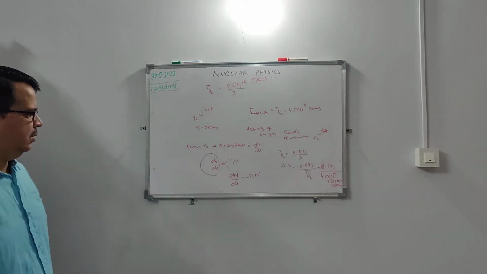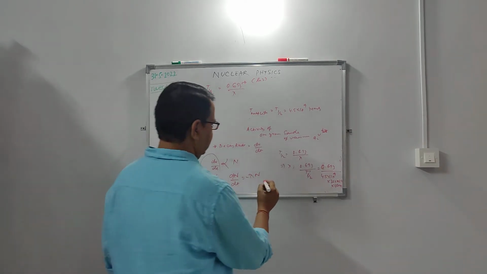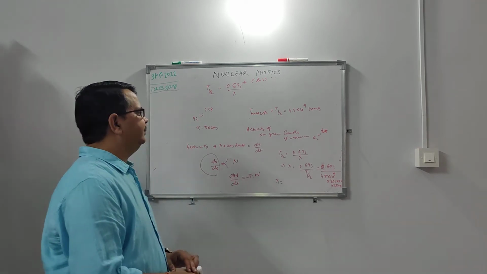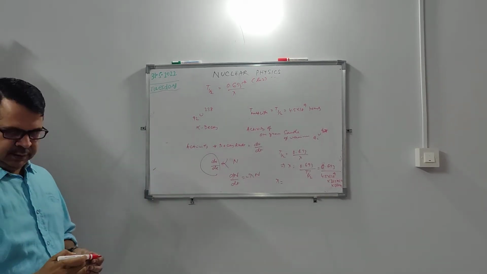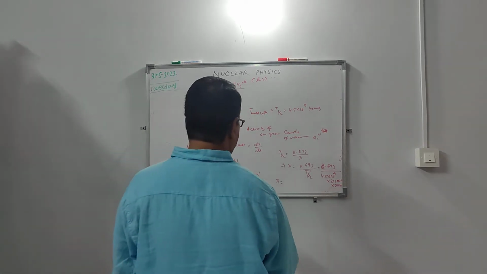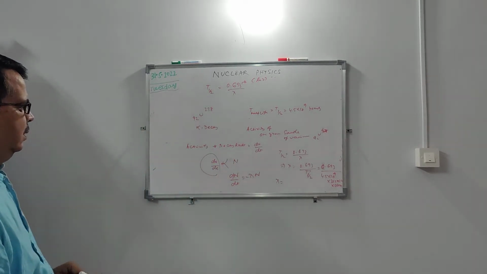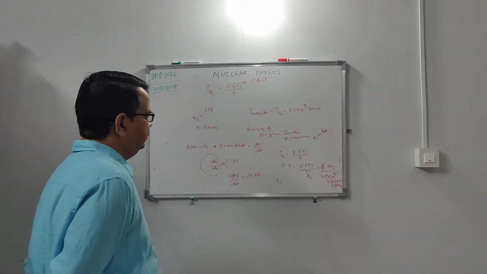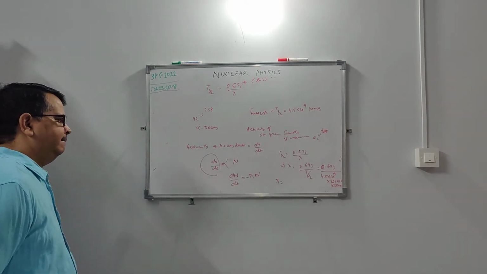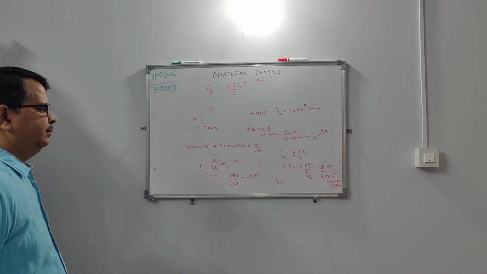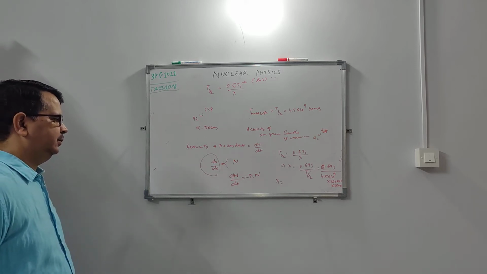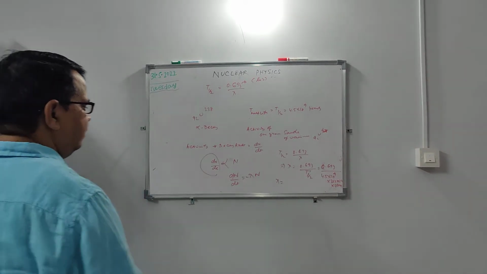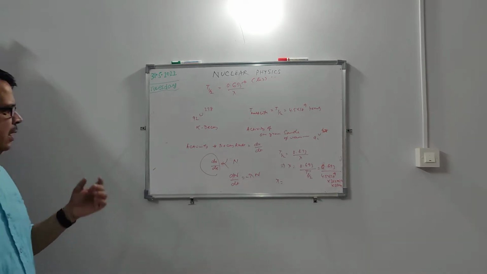It comes as 3.16 into 10 to the power 7. To convert lambda from years to seconds, how much are you getting for lambda? You see there in the book, the lambda value. They've taken T half and converted it. So 1.4, they're putting lambda as 0.693 by T half. They're not dividing it completely, so that simplification becomes easier. Whatever you know now, understand the concept. So you can find out lambda. If you find out lambda, then